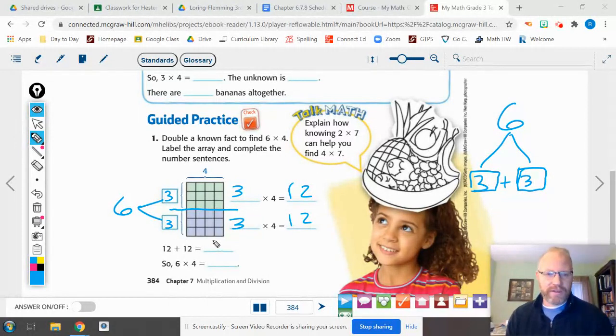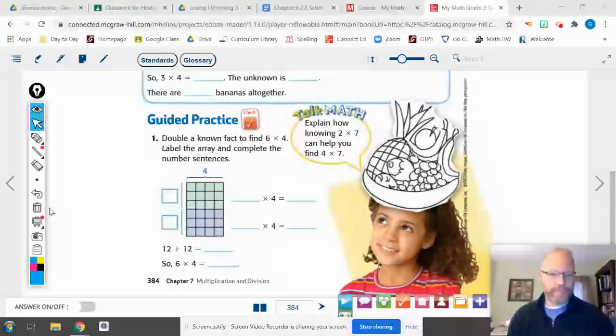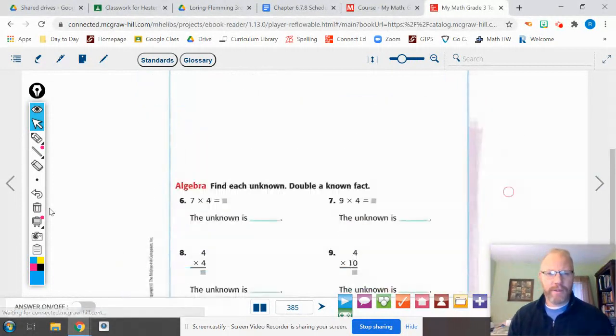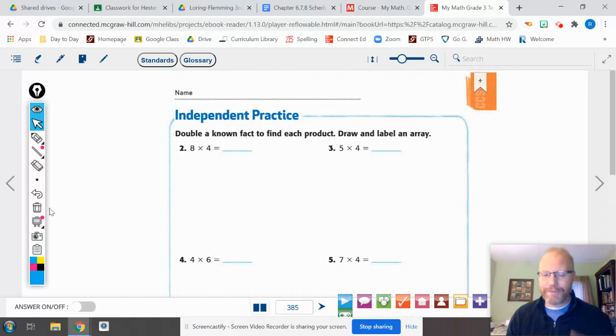12 plus 12 is 24. So 6 times 4 is 24. Rock on. I hope you got it. Let's move on. So now that we've done our guided practice, we're going